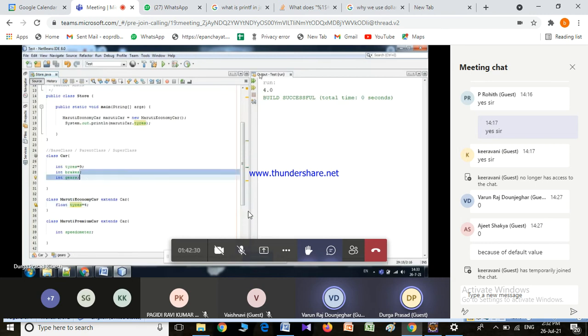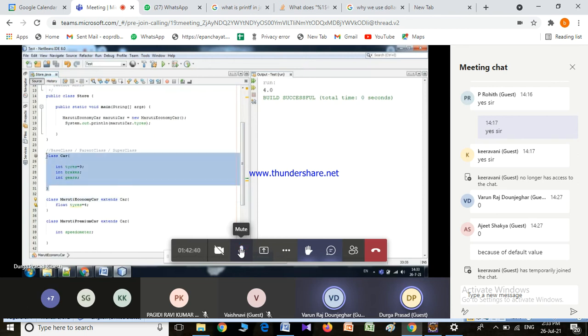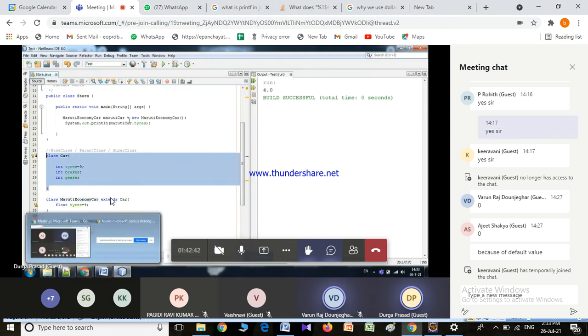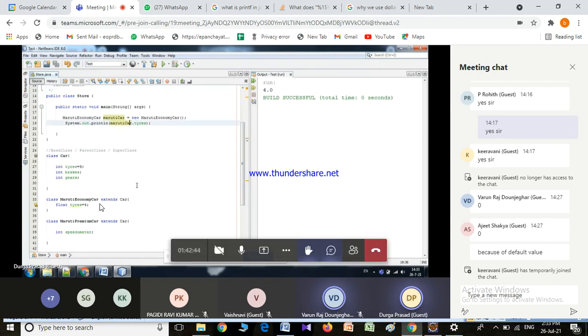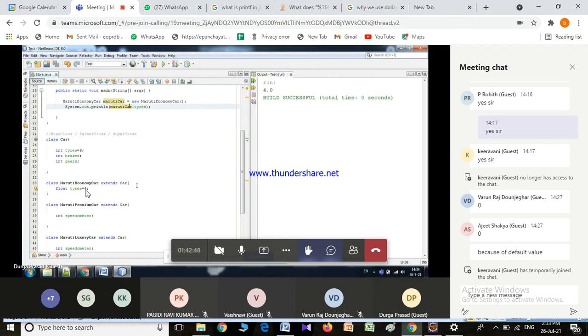And sir, can we use two parent classes? I will explain. Sir, say here, if we have entered tires equals 4 in a Maruti economy car, and we have entered tires equals 3 in a premium car, what will be the result?